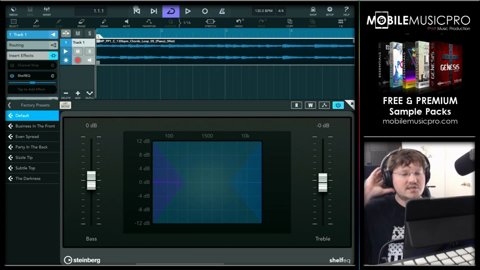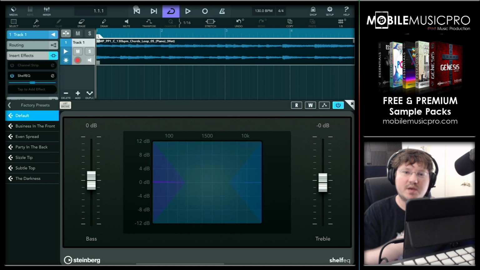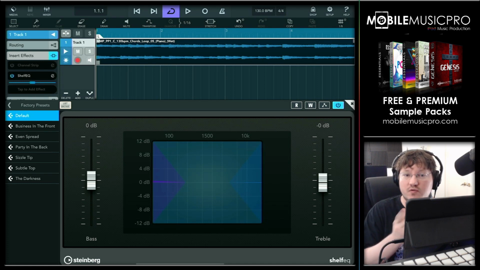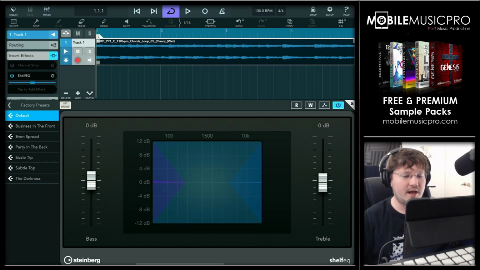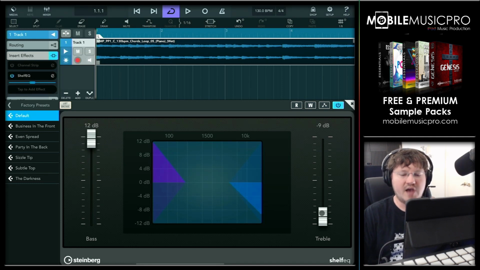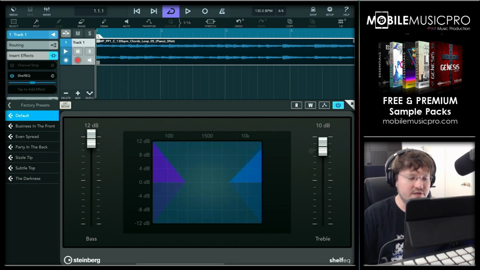Alright, now in most cases today we are going to be demoing with extreme examples here so you can see what it actually sounds like when you make these changes. In most cases you won't be applying such drastic changes to your sound, so definitely make sure that you do keep that in mind. Now hopefully you did hear it get a little bit darker when we started to increase the bass and reduce the treble. And then of course when we did the opposite, it started to get brighter when we increased the treble and